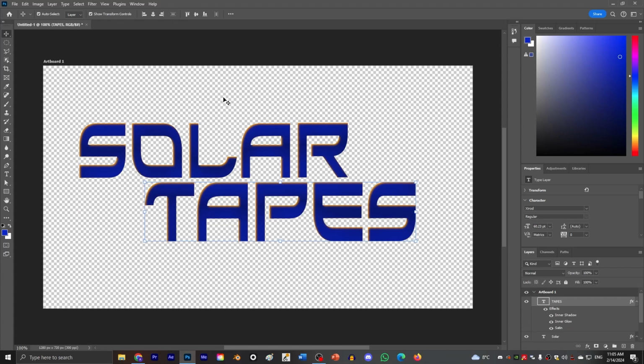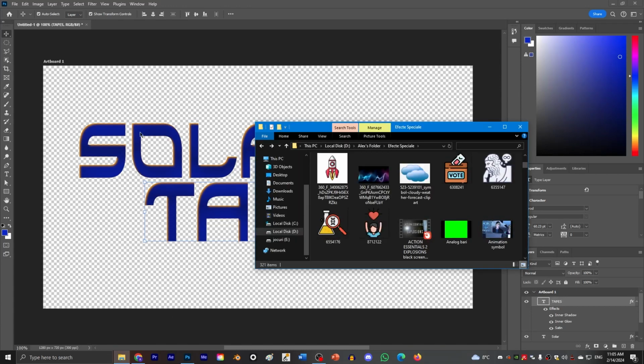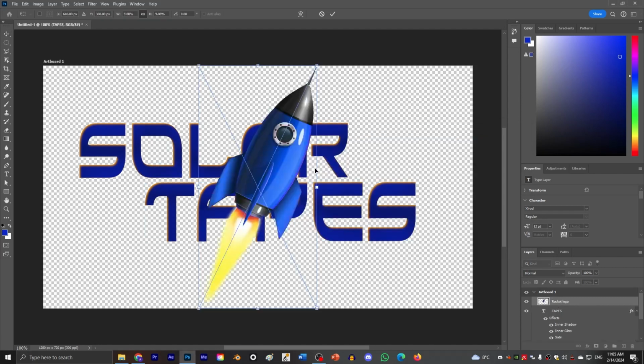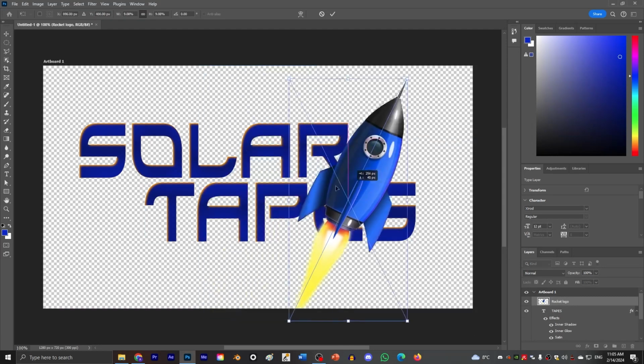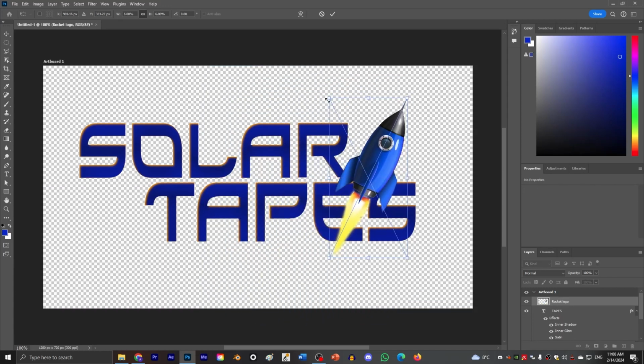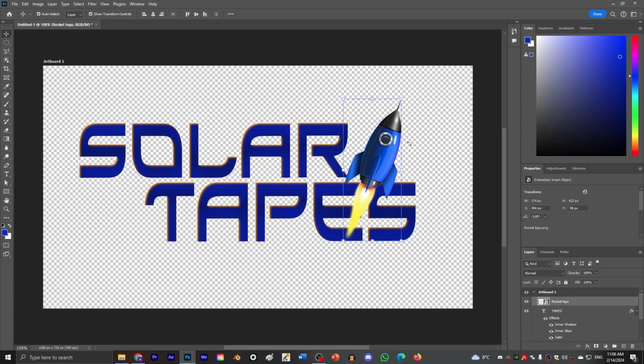Alright, I resized the text so it can look more like the original logo that I made. Now, you can also add other stuff like some images. I personally use an image that I downloaded from the internet, and I renamed it to Rocket Logo. I don't remember the original name, but you can find it very easily on Google Images. Then you can erase some parts of the image by using the Erase tool.